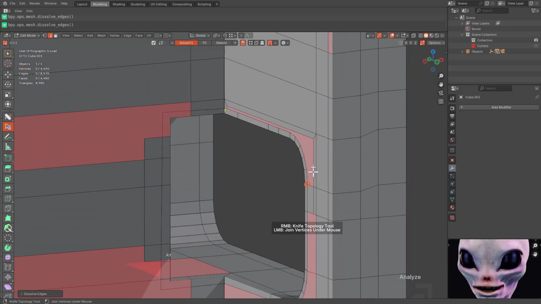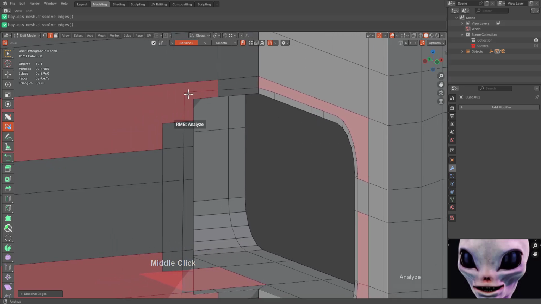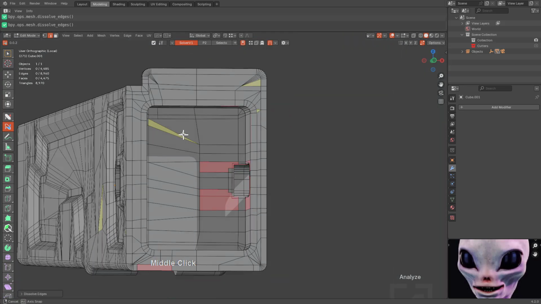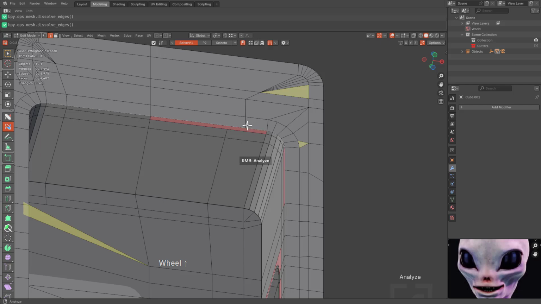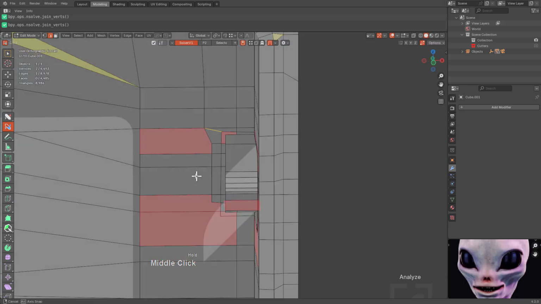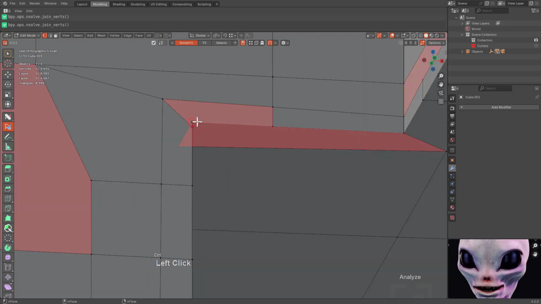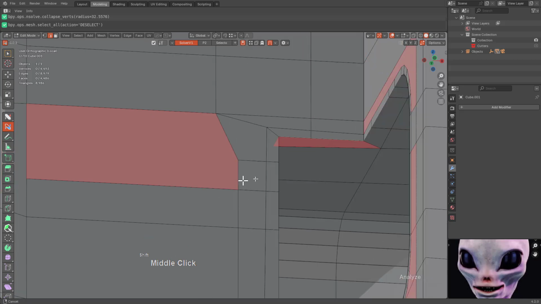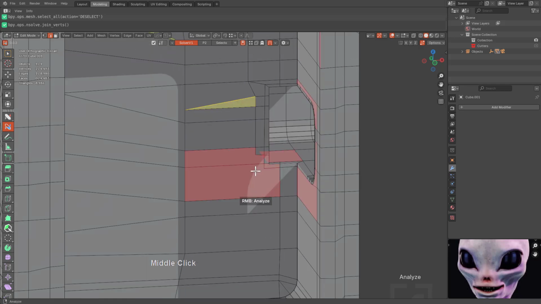So I think I actually see what I need. I need an inset that has an inner loop and an outer loop, and the inner loop probably needs to only show up when I ask it to. I've just been modeling this whole time, just kind of thinking in my head. Like I said, I'm always thinking of tool features while I'm modeling. So if you're watching me screw up on a video, just know that I am thinking about how to make that screw up disappear permanently. That card might not even pop up in a deck ever again. But first, it must be identified, like a mental illness. It must first be identified, then it can be corrected.